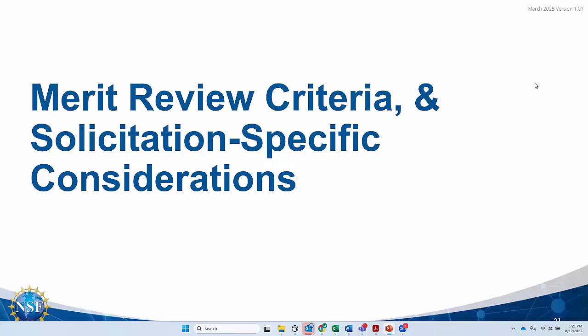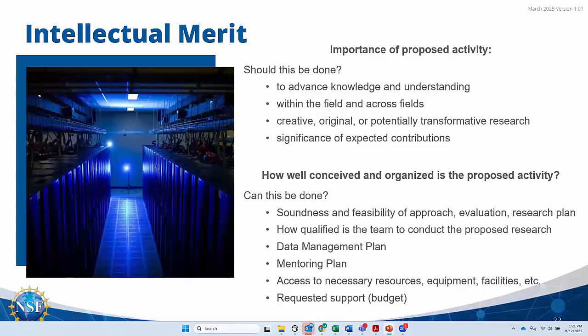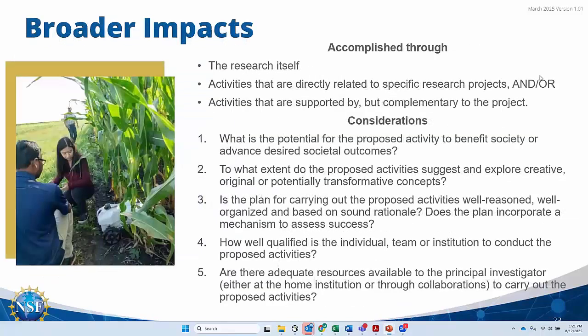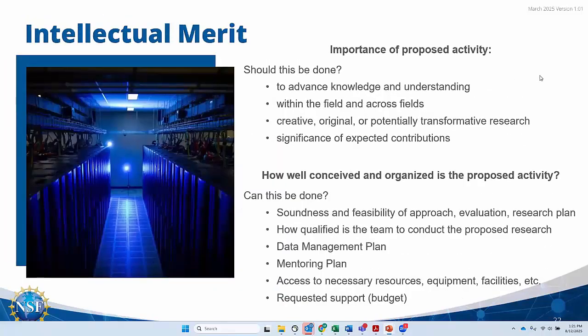We do have merit review criteria, which is listed in the solicitation. There are two aspects of them, which are across NSF: intellectual merit and broader impact. Intellectual merit broadly speaks about should this be done, which is more about the significance, novelty, and potential impact of the proposed work and its expected contributions within and across disciplines.